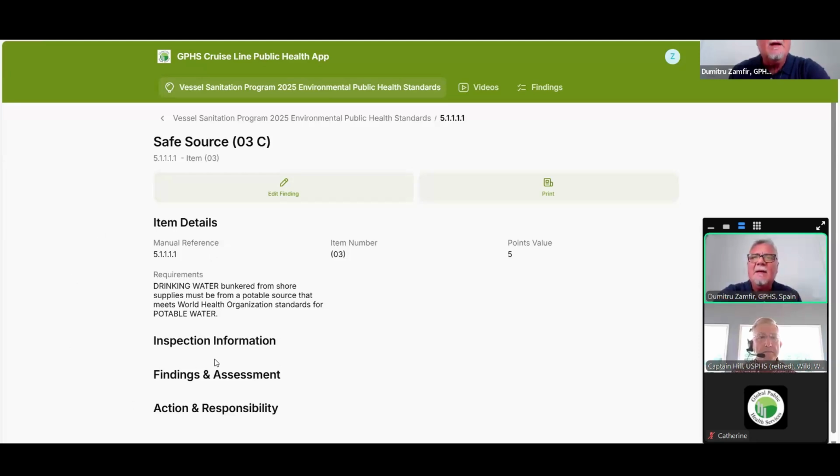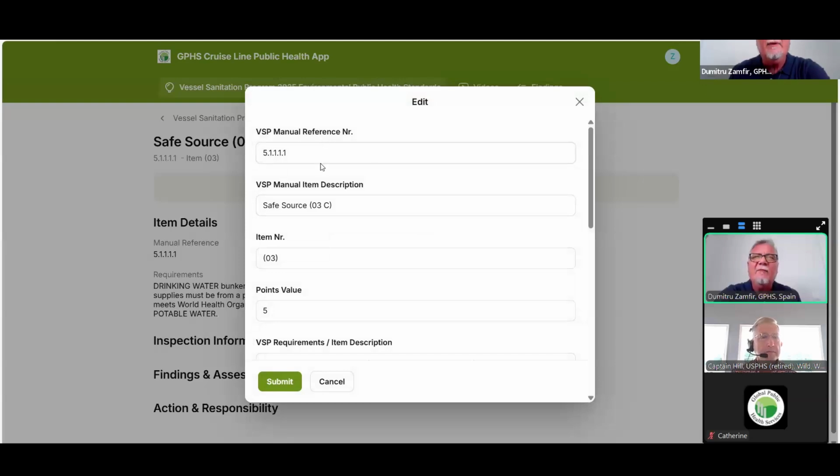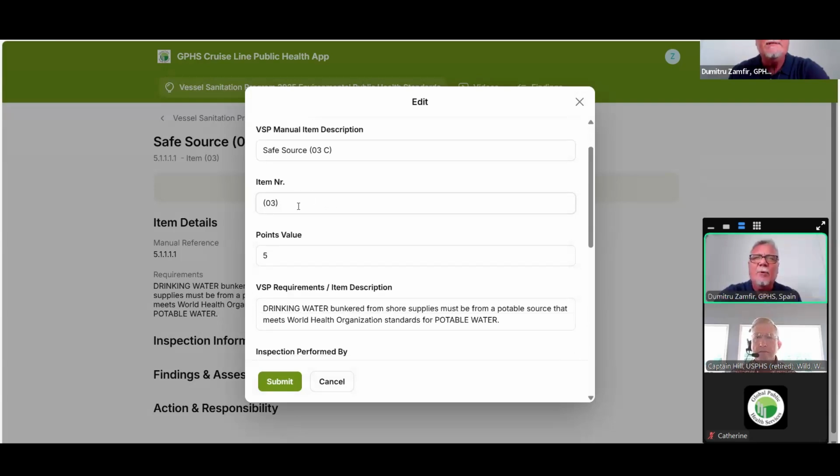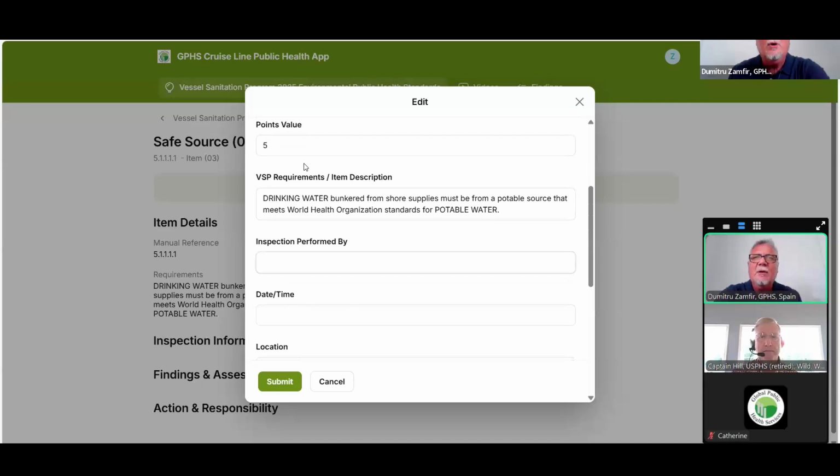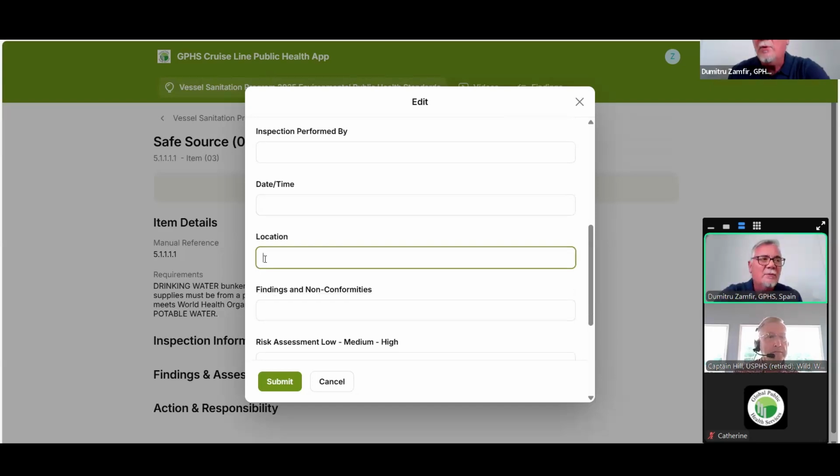The table here has the inspection information, the finding and assessment, and then the last one is action and responsibility. Meaning that if we go to the table and we edit it, you're going to have the full information: VSP number, the item description, the points deduction, and the description from the manual. Then you can insert your name as an auditor or inspector, you put your date and time, you put your location, where you've been, for example engine room or bunkering station, port